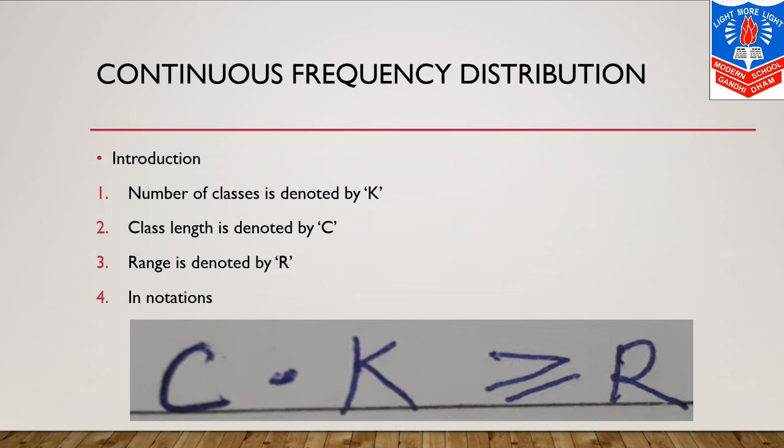Whenever the range of the raw data is too large, then depending on the given information, the class length of different classes may be different. So, it is called frequency distribution with unequal class length. After deciding the class length, class limits are decided for each class. On the basis of class limits, continuous frequency distribution can be categorized in two ways. The very first one is exclusive frequency distribution. The second one is inclusive frequency distribution.